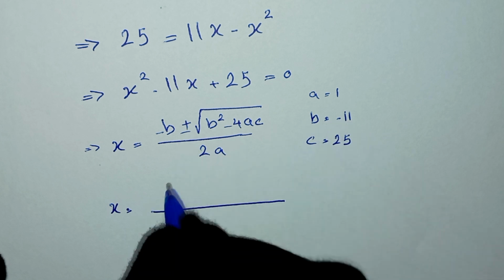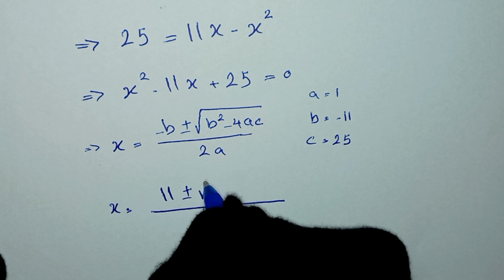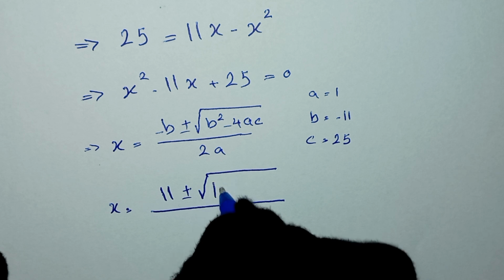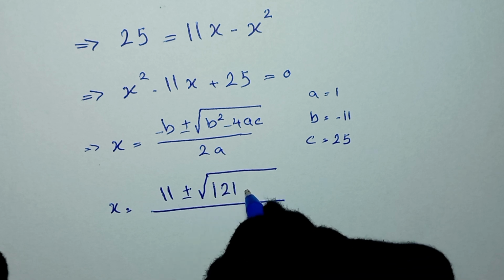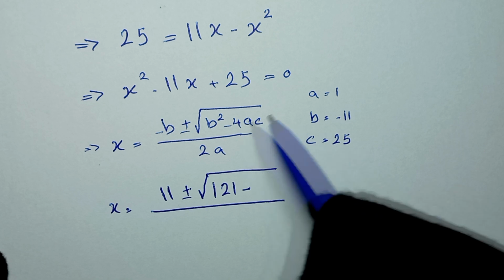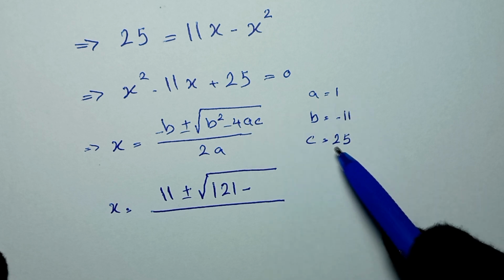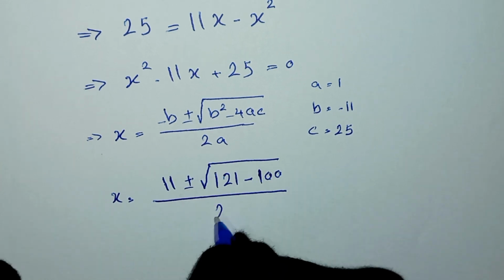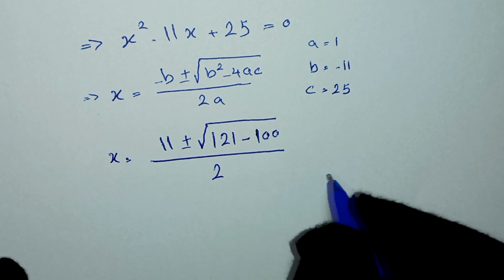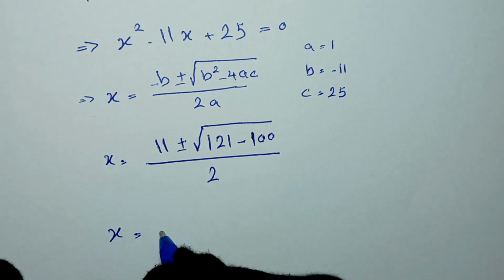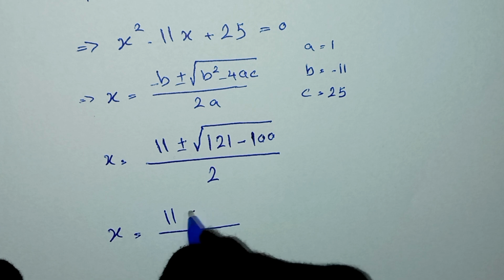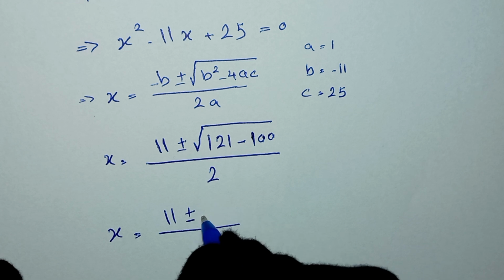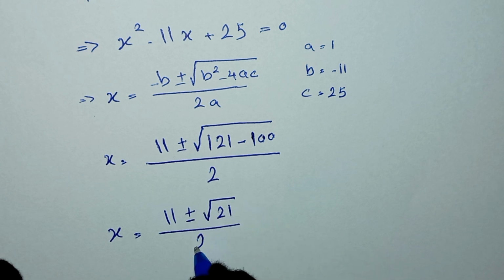negative b, negative 11 is positive 11, plus or minus the square root of b squared. B squared is 11 squared is 121 minus 4 times a times c. 4 times a is 4, and times 25 is 100, okay? And over 2 times a is 2. And from here, x is equal to 11 plus or minus 121 minus 100 is 21, so it will be the square root of 21 over 2,